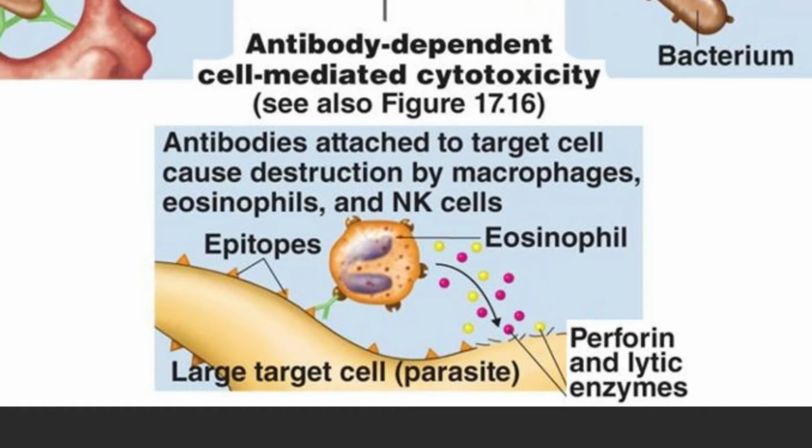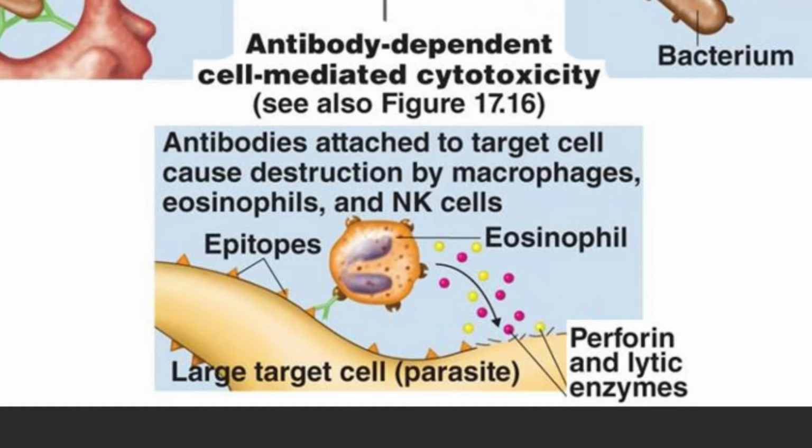That cell is killed by another cell, which is what cell-mediated cytotoxicity is. And how does that cell know how to kill the parasite? It's because antibodies show it who to kill. So if you look at this picture, you see this large parasite, right, much larger than this eosinophil pictured here. There's an antibody binding to the antigen on the surface of the large target cell, the large parasite. And when this eosinophil recognizes the constant region of that antibody, the eosinophil binds to the constant region of the